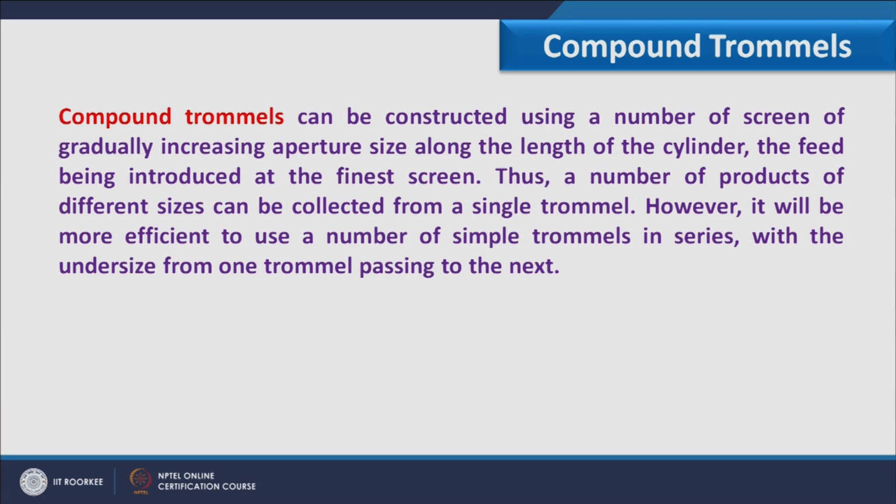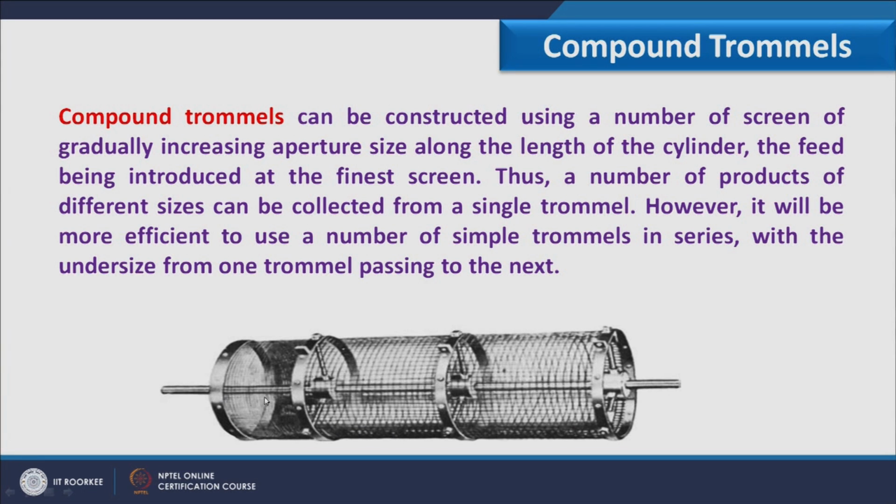Now, as far as trommels are concerned, these are usually of two types. First is compound trommels. The compound trommels can be constructed using a number of screens of gradually increasing aperture size along the length of the cylinder. So, if you see this image, this is the compound trommel where screens of different sizes are placed in series. So, here if you see, from finest to coarsest, the screens are arranged,